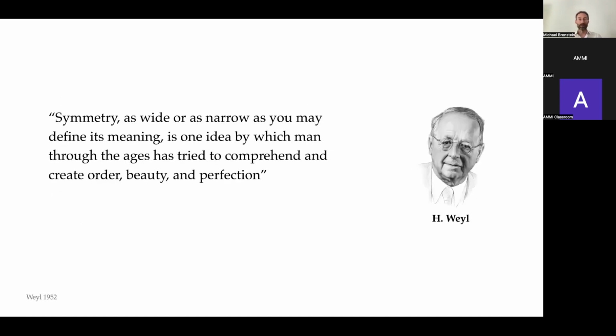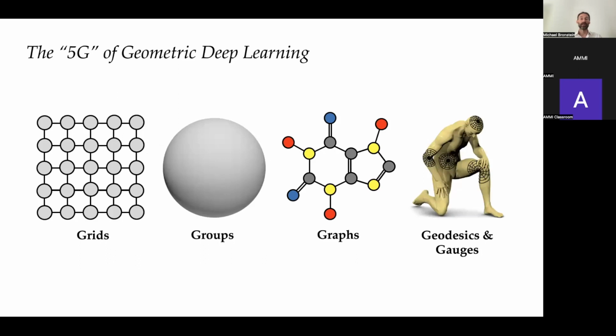I remind you that we started with a quote, so I would like to close with this quote about symmetry from Hermann Weyl. That was really one big idea that you can trace back to ancient times in science, in mathematics, in geometry in particular. And this is symmetry. We've seen that we can apply this principle on different types of objects, whether it's grids, homogeneous spaces, graphs, manifolds, meshes, and probably even more general and abstract structures, to derive learning architectures,